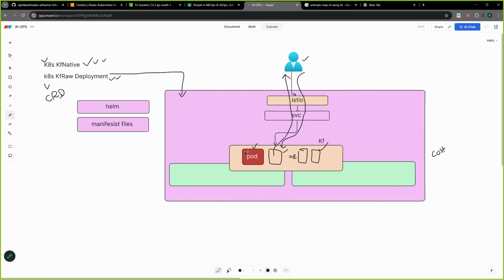inside the pod, this KF server, the server is going to create it, right? So KF will support all of your Hugging Face and traditional machine learning models. We have different models, right? All of them it will support. It's not like it supports only one thing, like TensorFlow. So what happens with PyTorch? When you are training your model